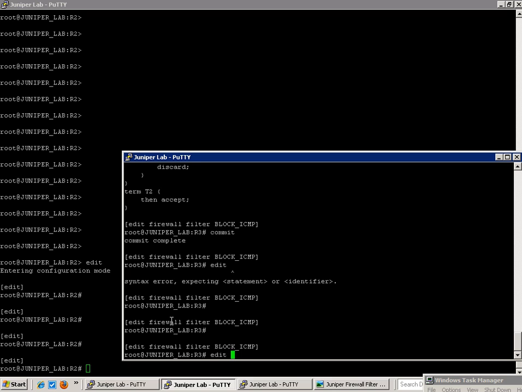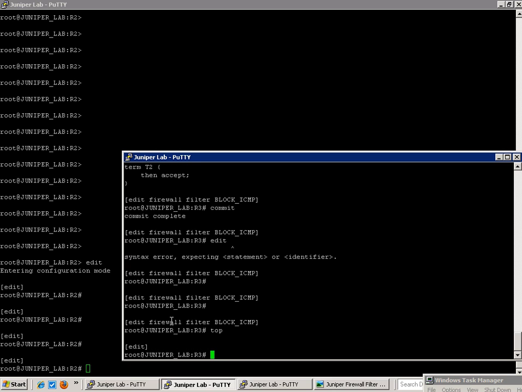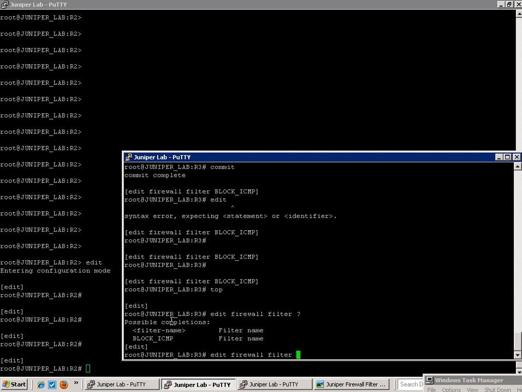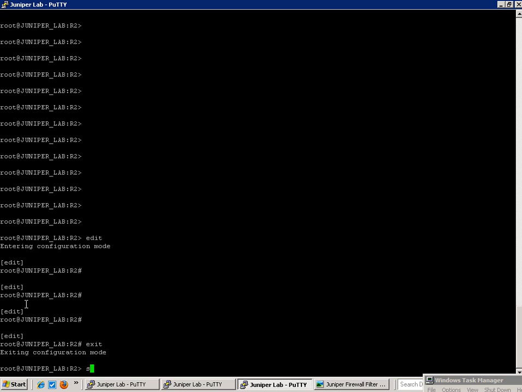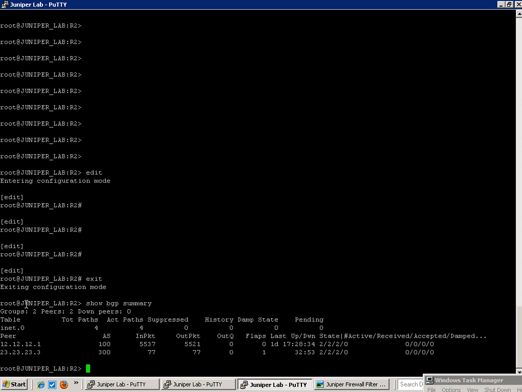We'll do edit, let's do this, top. Then we'll do edit firewall filter, and then we're going to name it block BGP. So under this firewall filter, just like the name sounds, we're going to block all the BGP traffic. So the BGP neighbor relationship, if I'm on R2 right now and I do a show BGP summary, you can see that we have a neighbor relationship